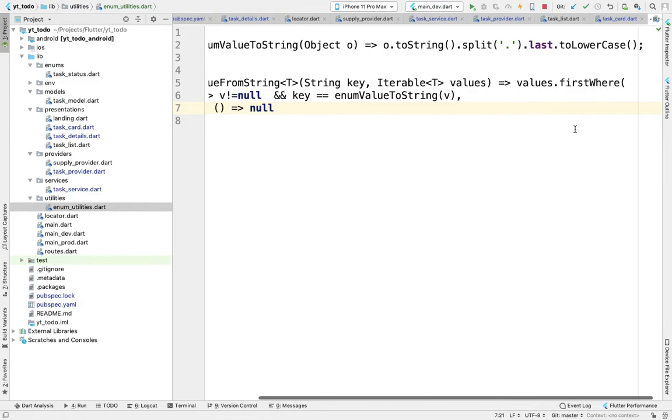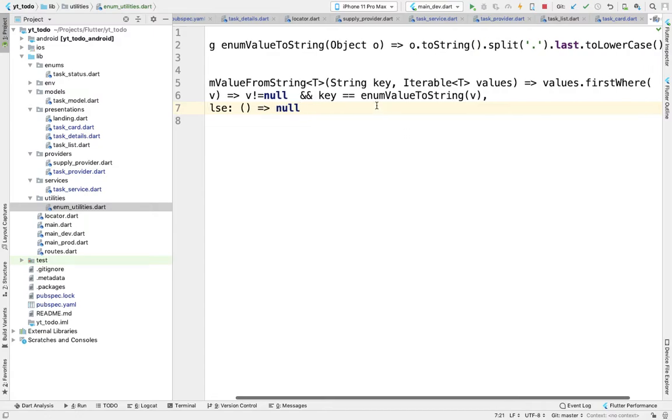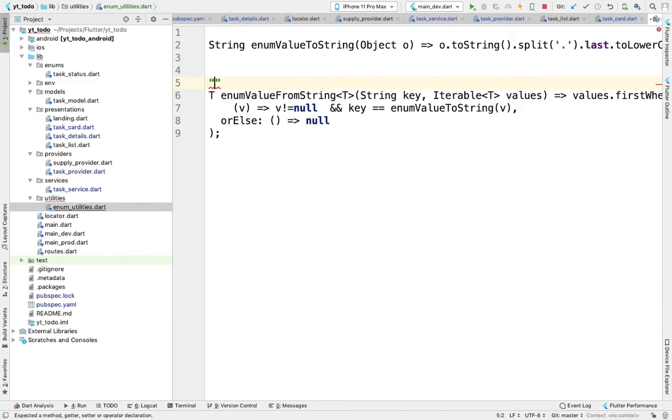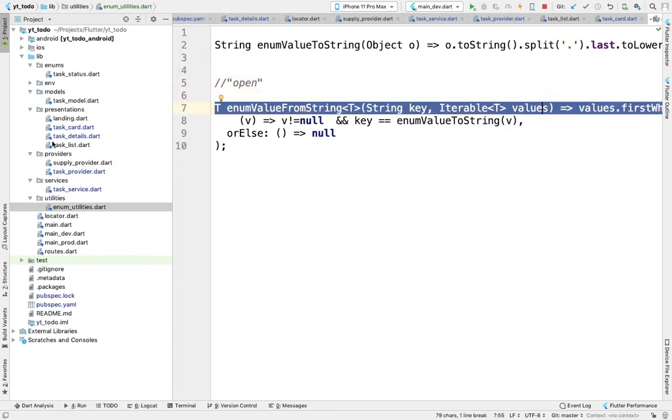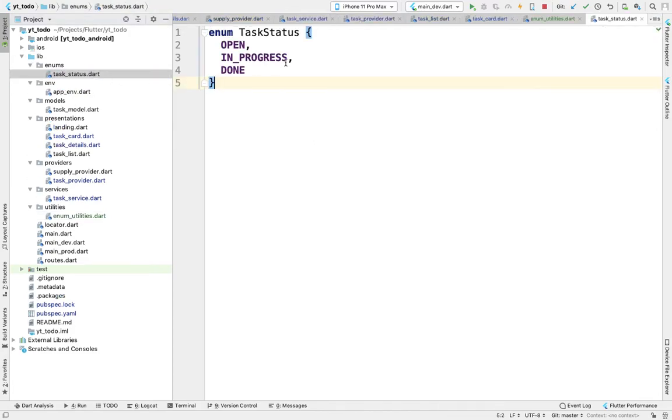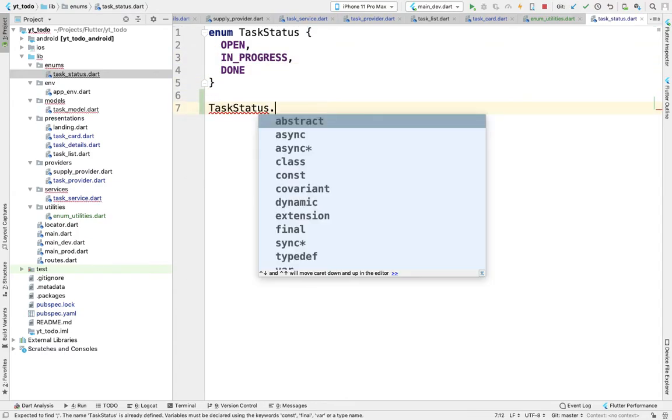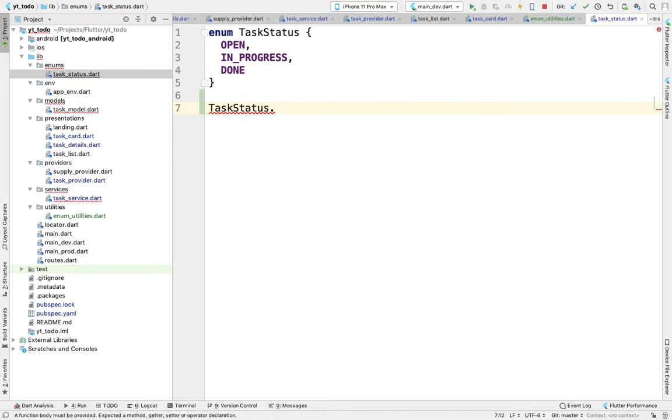Okay, so see how this will work. It will take a string key. For example, it will take something like open. Okay, and what are the values? The values are the enum values. So where are the enums? Task status. So the values are task status dot open, task status dot in progress, and task status dot done. Something like this, task status dot open.